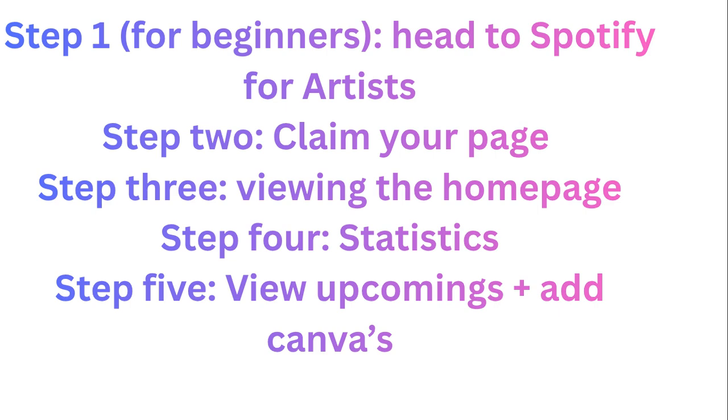So head to the Spotify for Artists homepage. I don't have it on here, but log in, and then claim your page, which I'll show you how, if you haven't already. Then I'll show you a normal view of the home page, viewing audience and music statistics, and you can view your upcoming songs and add canvases. None of this is hard. So first things first,